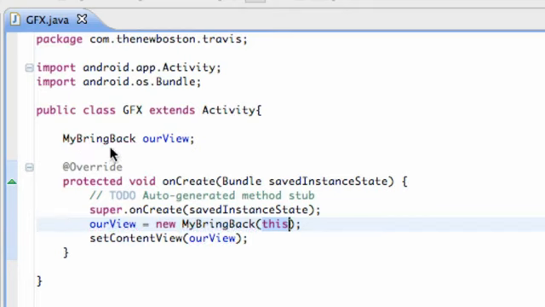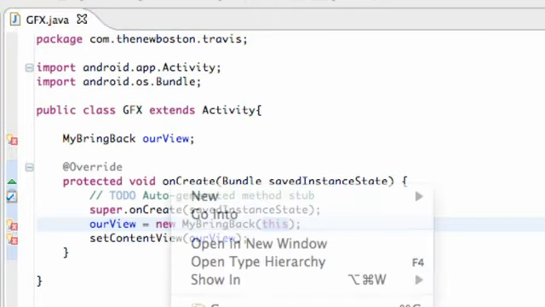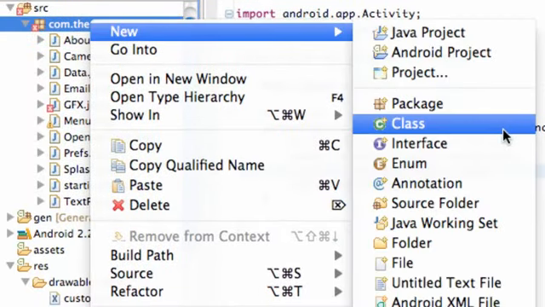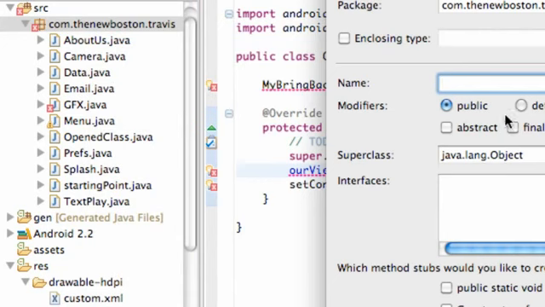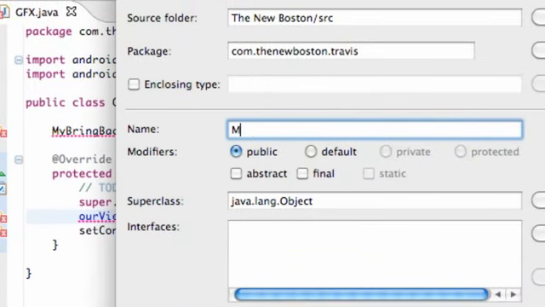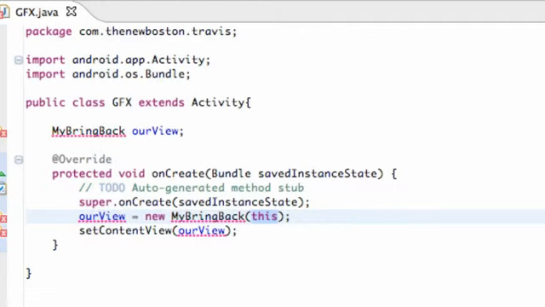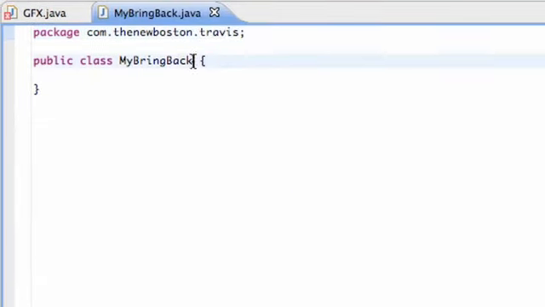Let's create a new class called myBringBack, or whatever you guys define this class name as. So you can either go new class like this, or I think you could probably just hover over that and create a class that way, but make sure it's the same as whatever you define your variable type as. So myBringBack, like that, and now we have this class called myBringBack. What we're going to do in this class is, instead of extending the activity class, we're going to say extends view, and we got to import view,